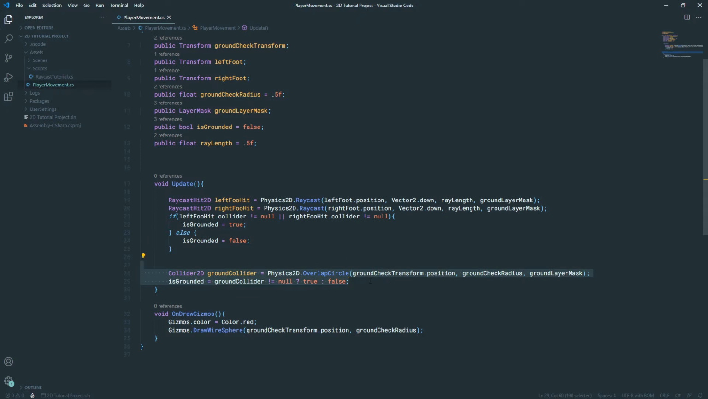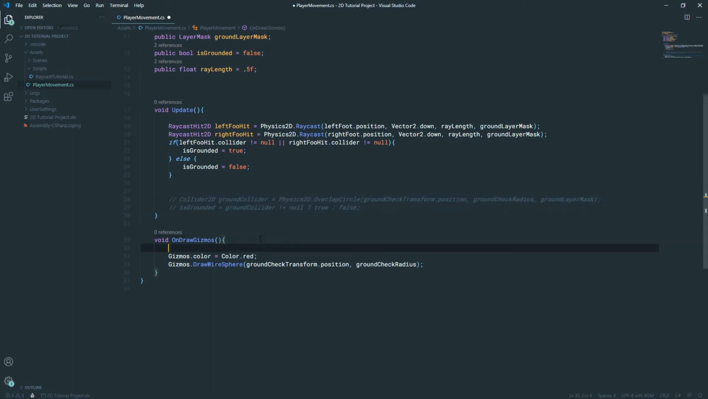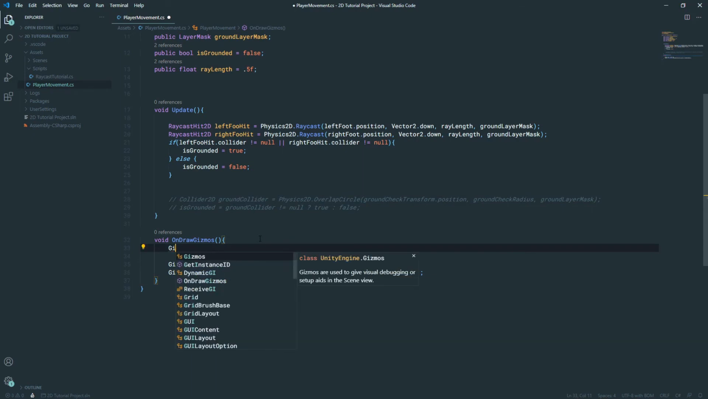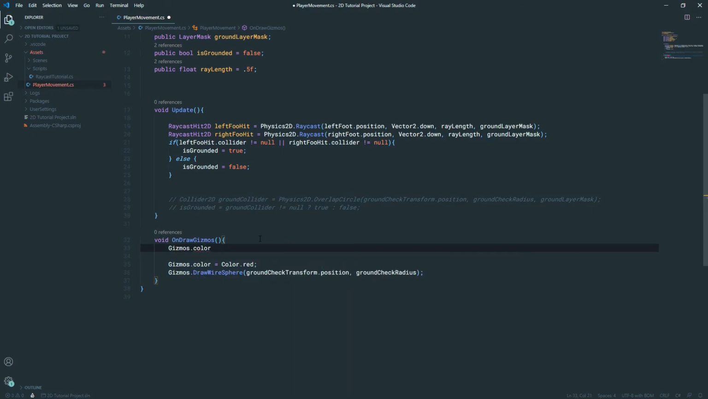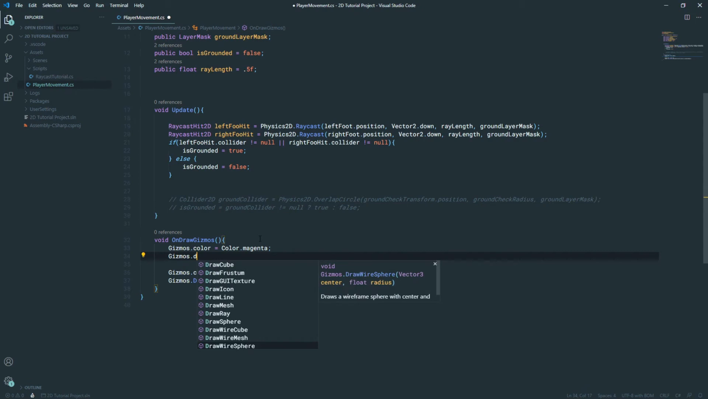I'm going to highlight this ground overlap circle and hit Control question mark to comment it out, and then we're going to go down to our OnDrawGizmos, and we're going to write some code so that we can actually see these rays casting. So above this, I'm going to say Gizmos dot color. We're going to color these red or magenta, so we'll say Color dot magenta, and then we're going to use the Gizmos draw line